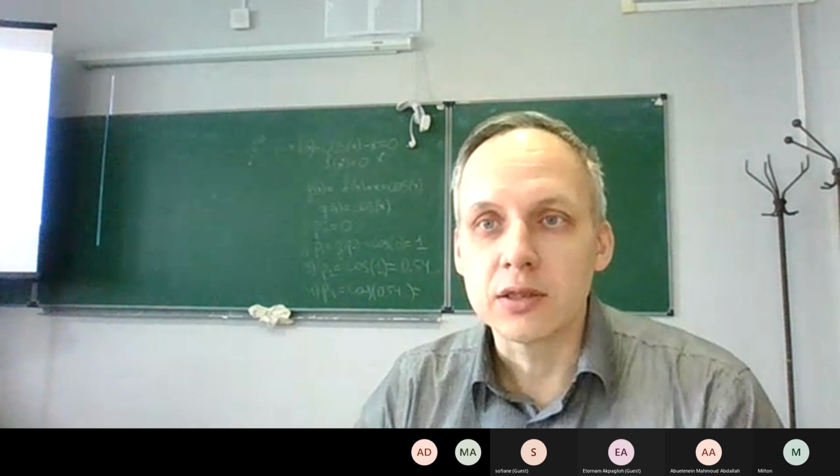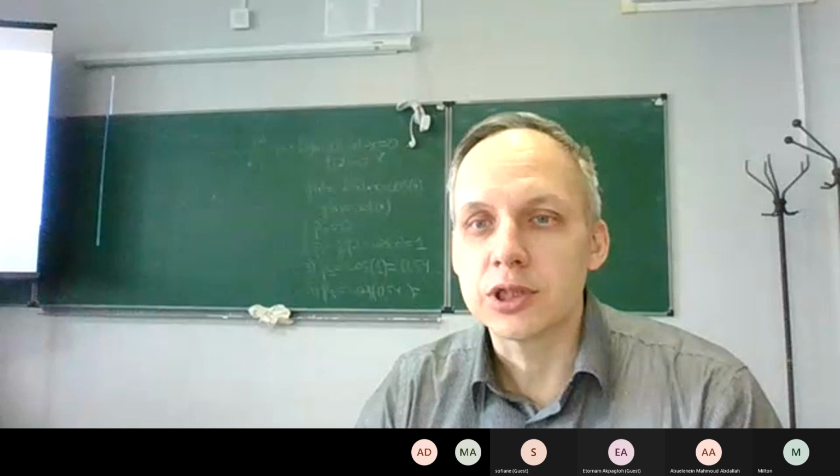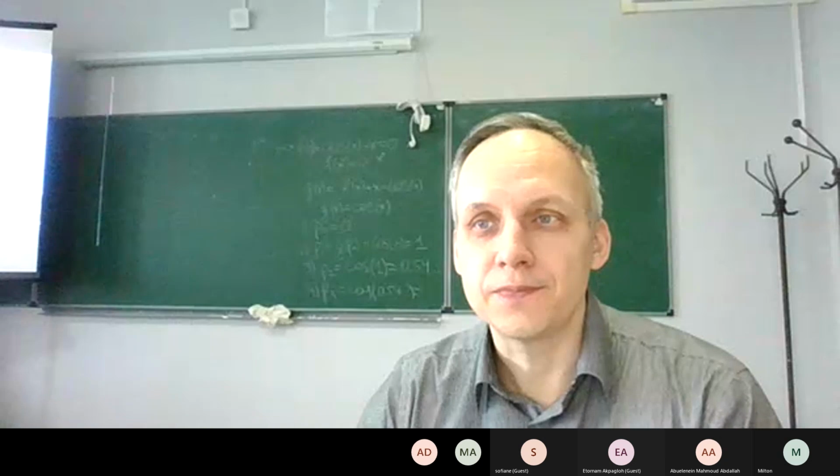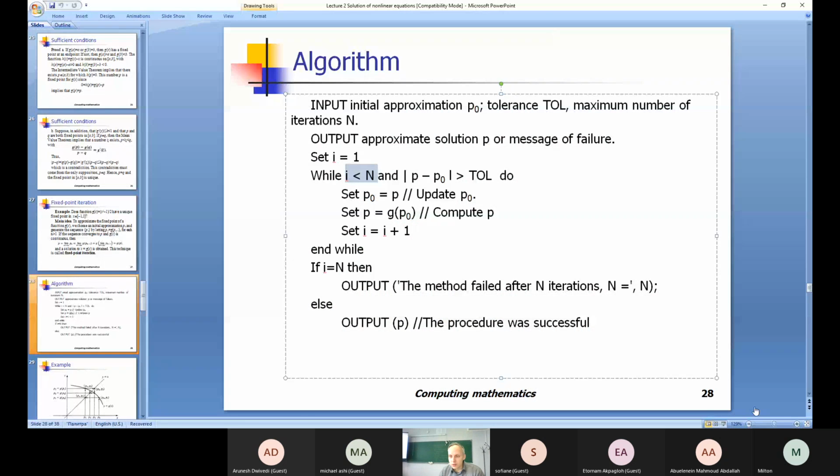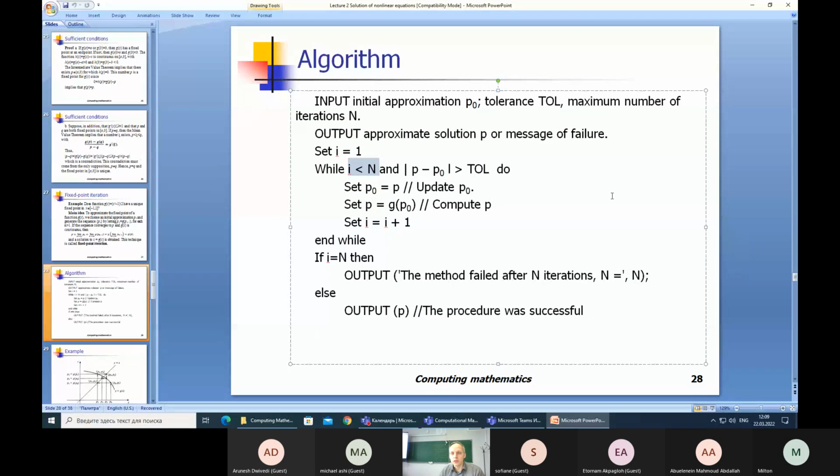Oh, sorry, I don't share the presentation, even though I share all of the screen because I want to show you also Visual Studio. While i is smaller than n and the difference from p to p0 is greater than tolerance, then